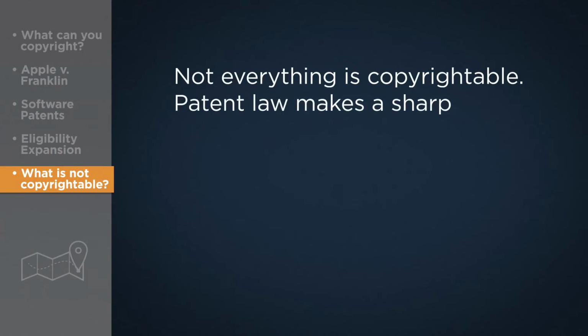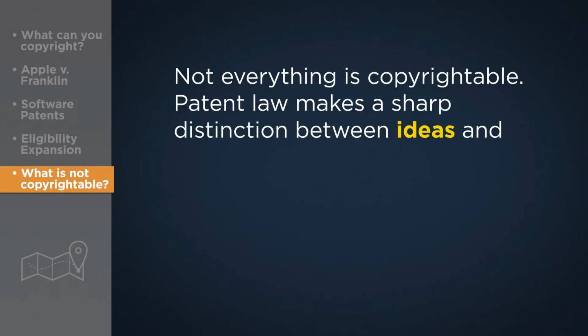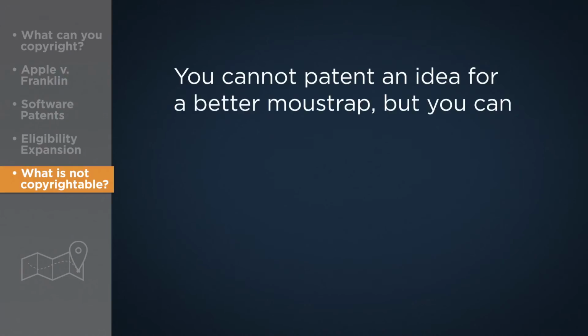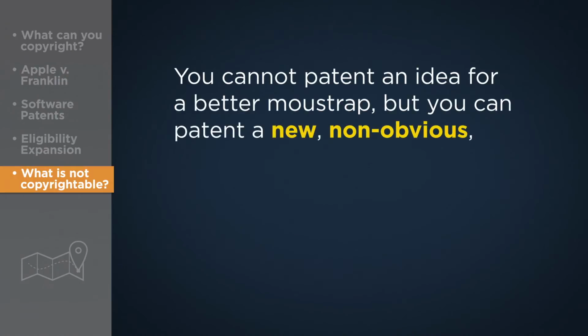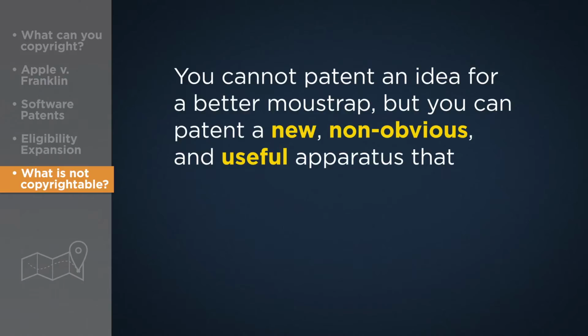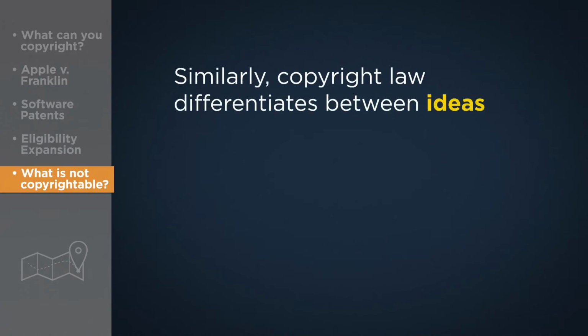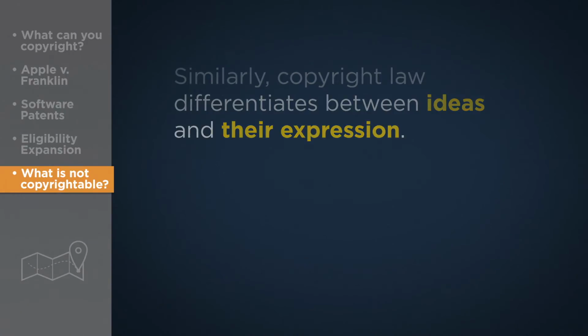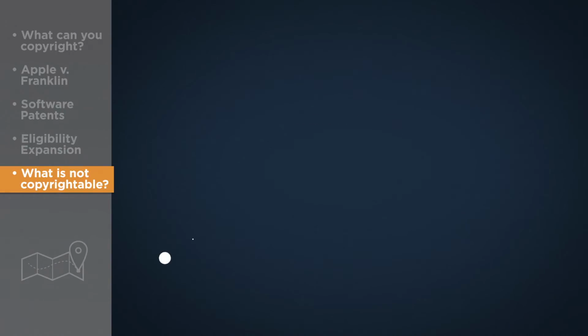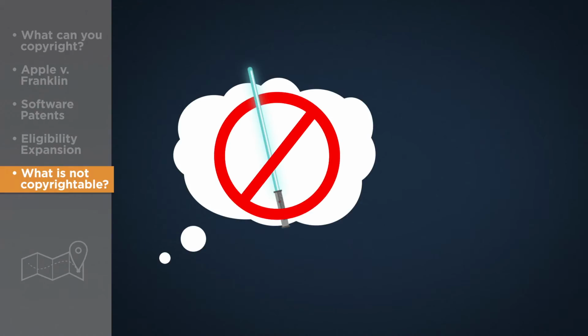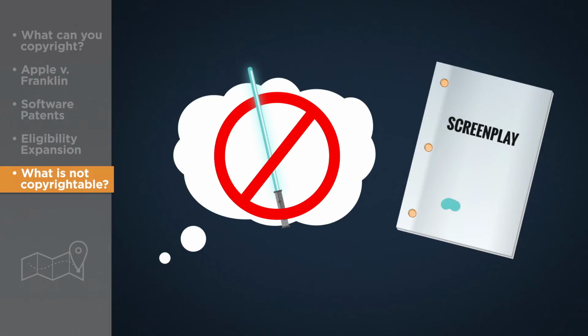You may remember that patent law makes a sharp distinction between ideas and their application. For example, you cannot patent an idea for a better mousetrap, but you most certainly can patent a new, non-obvious, and useful apparatus that catches mice. Similarly, copyright law differentiates between ideas and their expression. You cannot copyright, for example, the idea of an epic space opera in which a mystical cadre of Jedi Knights wielding laser swords battle galactic evil, but you can copyright the particular expression of that idea in the screenplay and